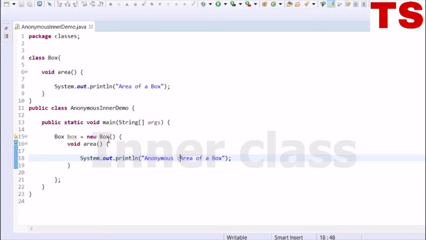Here I am creating the instance of a box and overriding the area method.